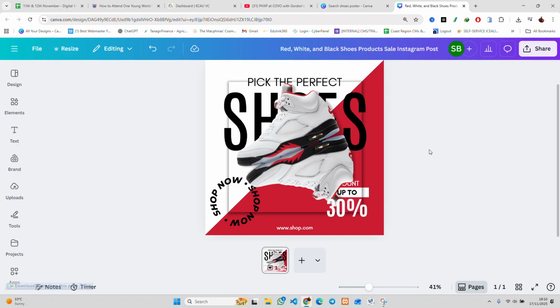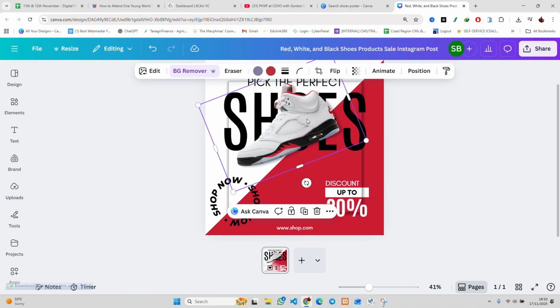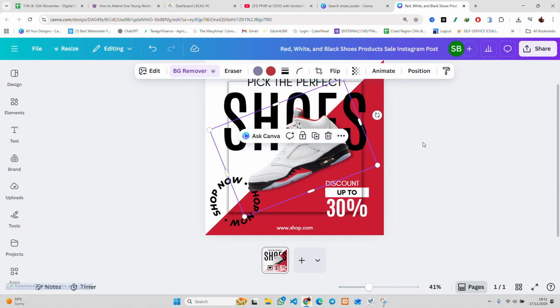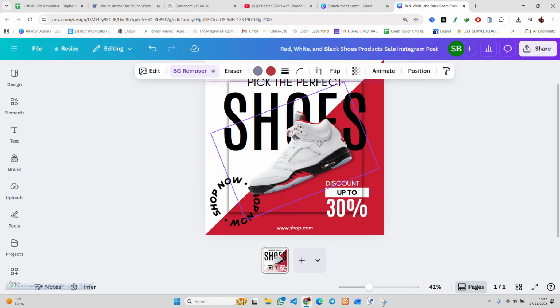So once you set up your shoes like that, you can now make changes to like the words, like you see the word discount here has been covered, so you're not able to. Let me just delete one of these that you can see what I'm saying. So yeah, you realize when we tilted the shoes, the word discount here and up to 30% discount was covered. So again, you also have to ensure whatever you are typing is visible, so that any person who